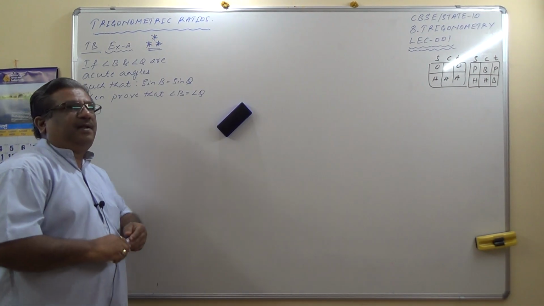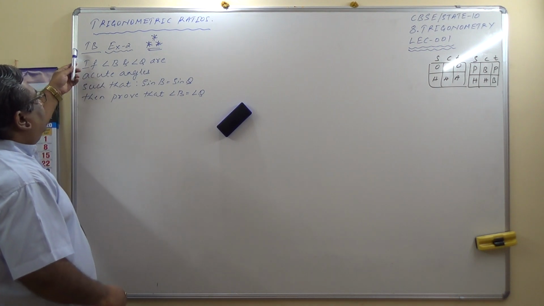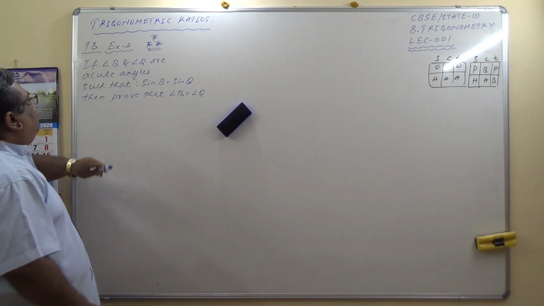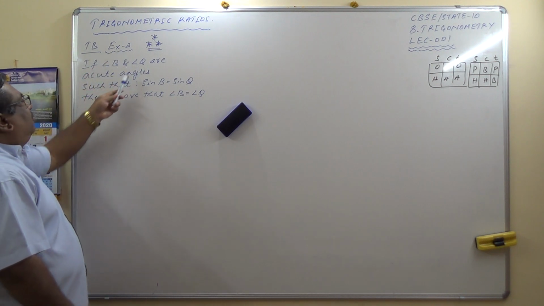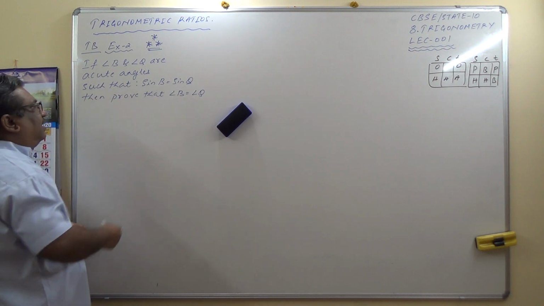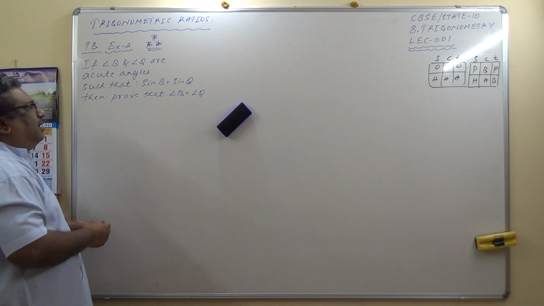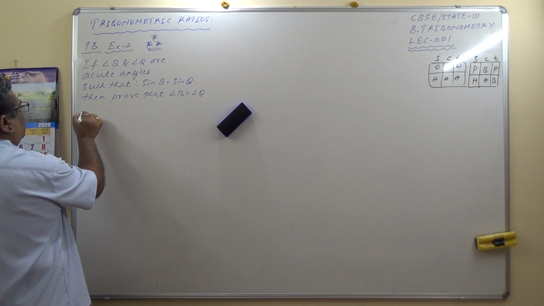Let us solve another two example numericals and then I will go to the exercise. Textbook example number 2. If angle B and angle Q are acute angles such that sine of angle B equals sine of angle Q, then prove that angle B equals angle Q. Here I am considering two triangles. So, solution,